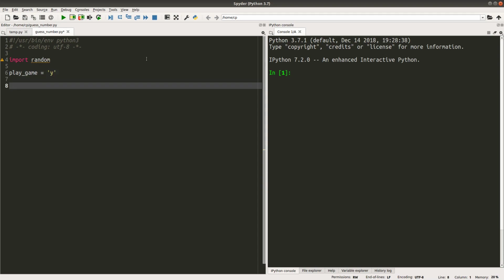Since we don't know the number of times the user is going to play the game, that means he can guess 3 numbers or 4 numbers or even more. So I don't know the number of times I have to do the iterations, so I can use a while loop to help me do this task.